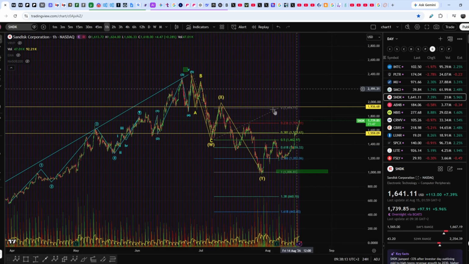That is why, guys, I think that this might be the local bottom for Sandisk, and if so, we might expect the retest, at least the retest of these previous swing highs, and maybe even a breakout above its all-time high. So, let's continue with the technical analysis, but before we dive deep right here,